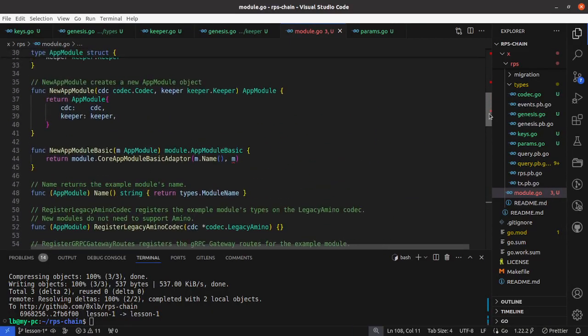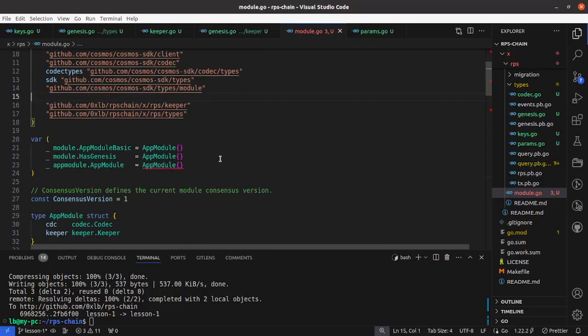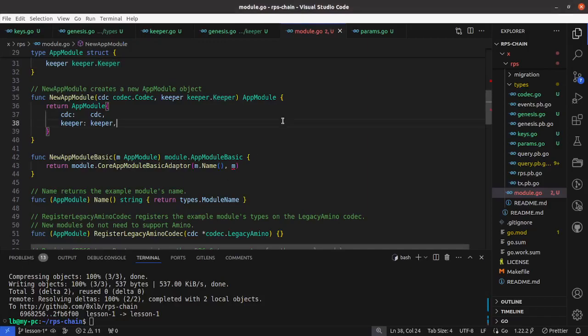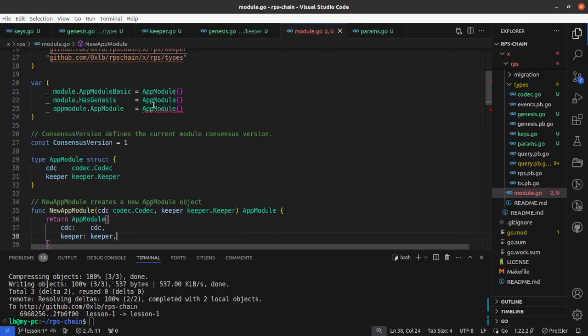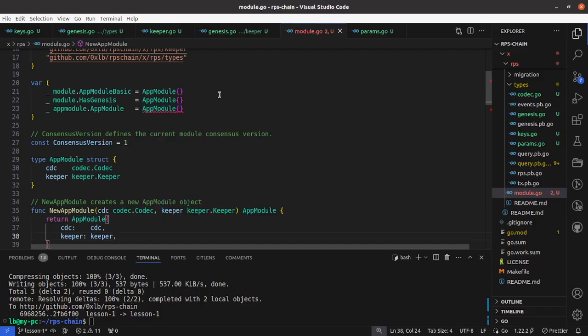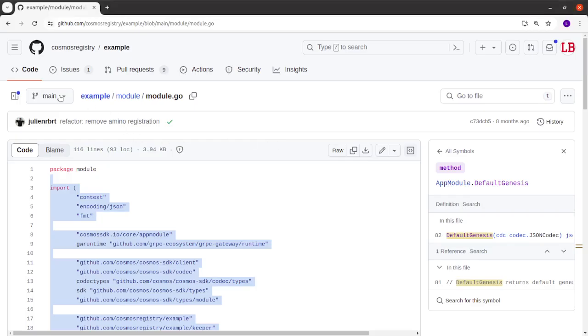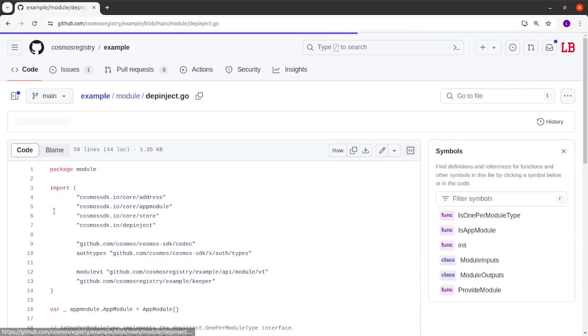I'm getting some alerts here. Let's see. Context. So in here we did all the changes that we need. We're getting this alert. Then we are not having this ISAP module method defined, but that's okay. That will be included in another file. So let's continue. The other files that we need to add are here inside the module, the dep inject, that